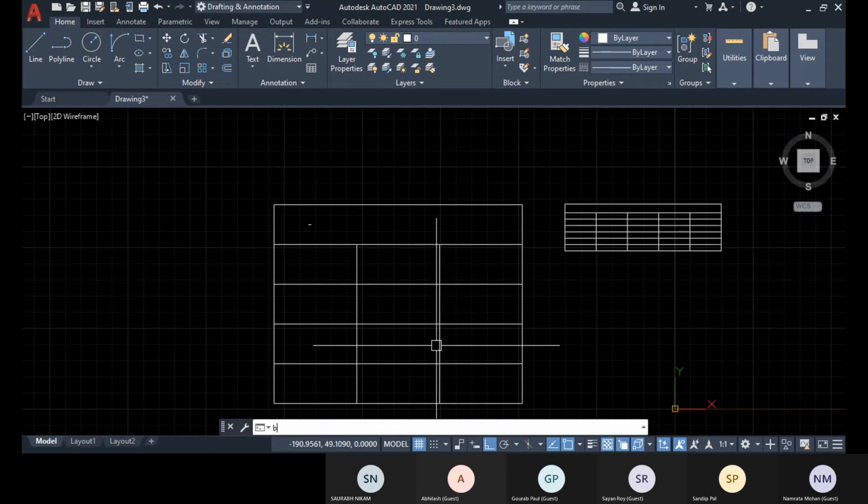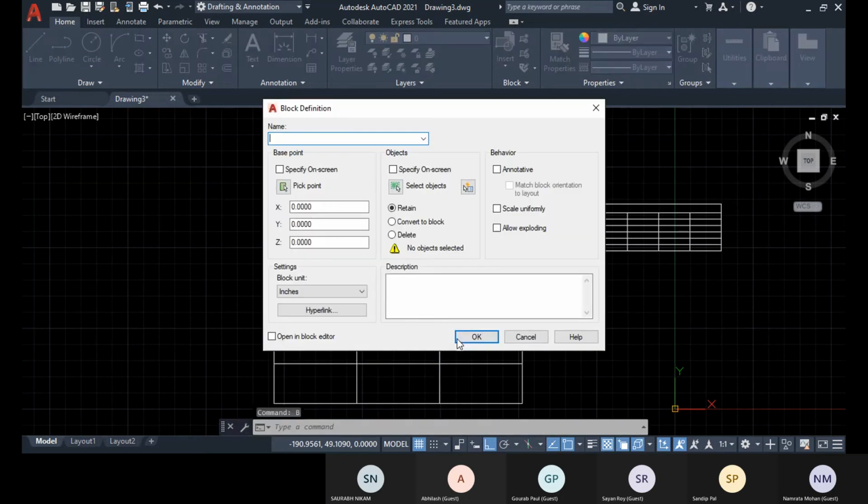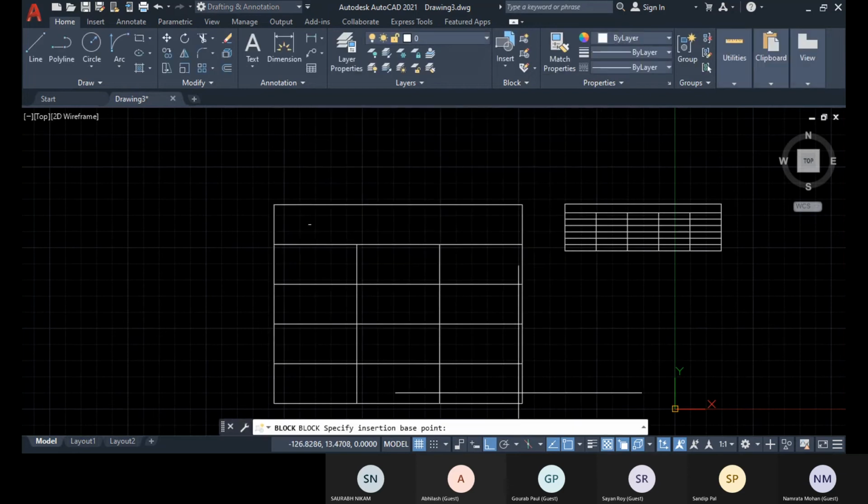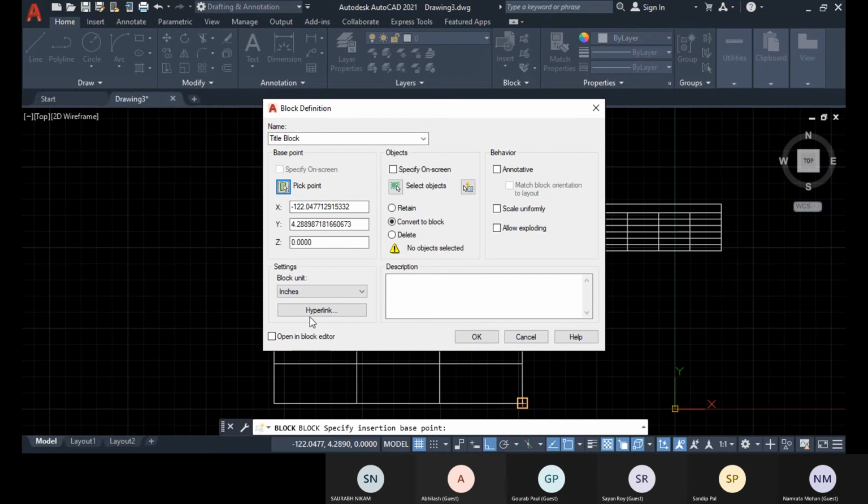So let's convert it into block, B enter, block, and choose this convert to block, name it as title block. Go to pick point option. So I'll choose this point because this point will be placed on the bottom right corner of our page.